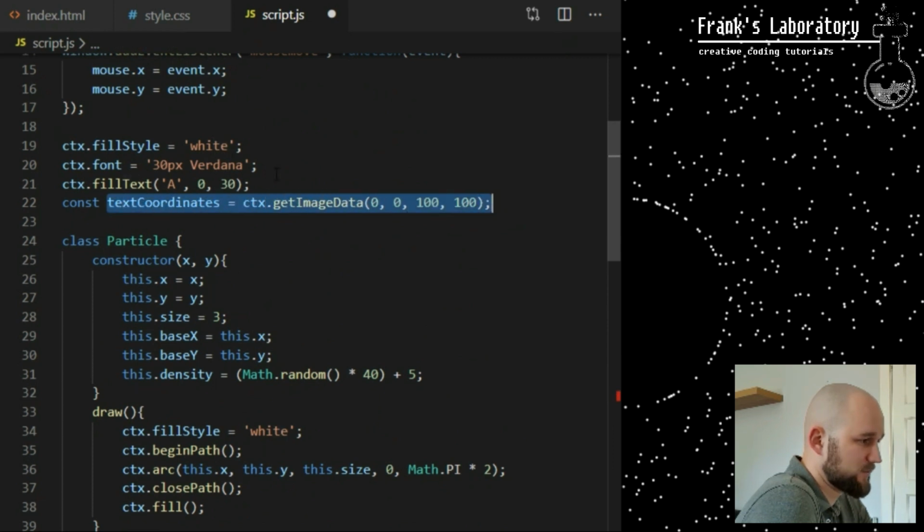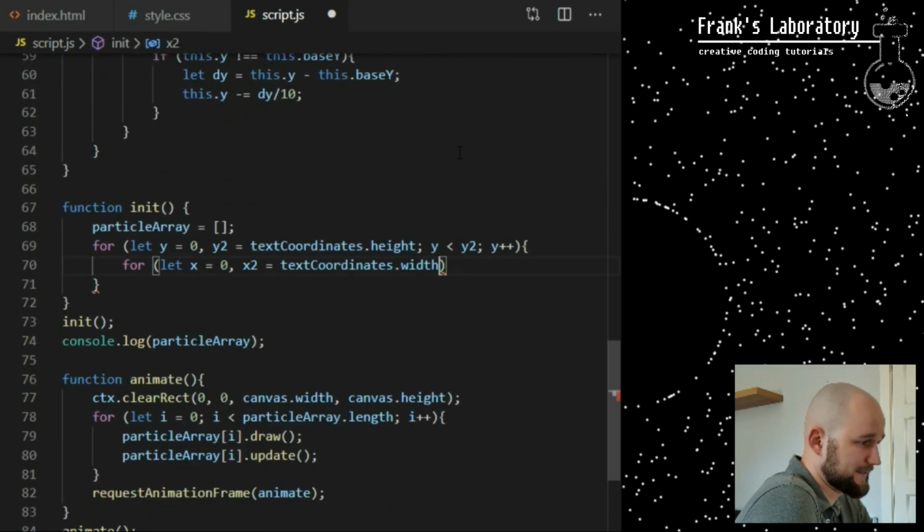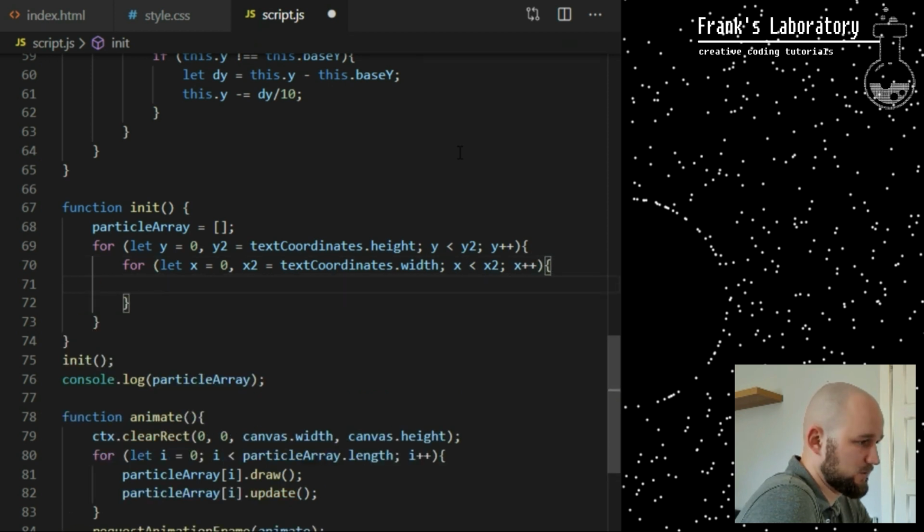In this case, we scanned a rectangle 100 times 100 pixels, as you can see on line 22. So text coordinates height is 100, text coordinates width is 100 as well. This outer for loop will run 100 times, and each time it runs, it will run the inner for loop 100 times. So we're gonna analyze 100 times 100, 10,000 pixels. I'll explain this further in a minute.